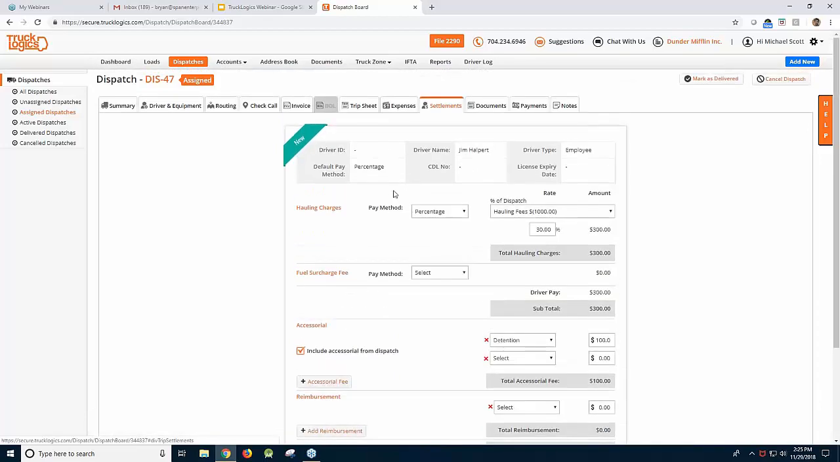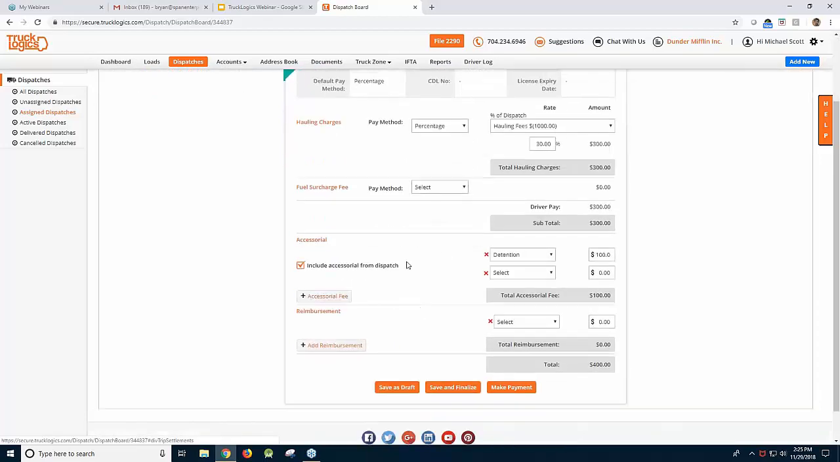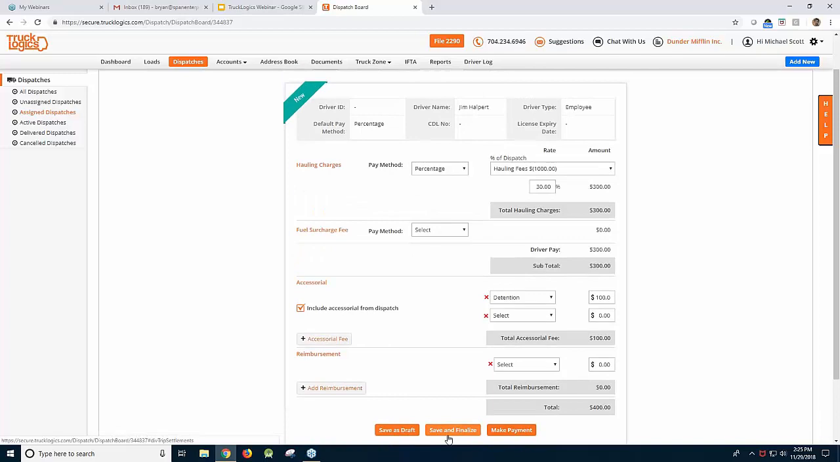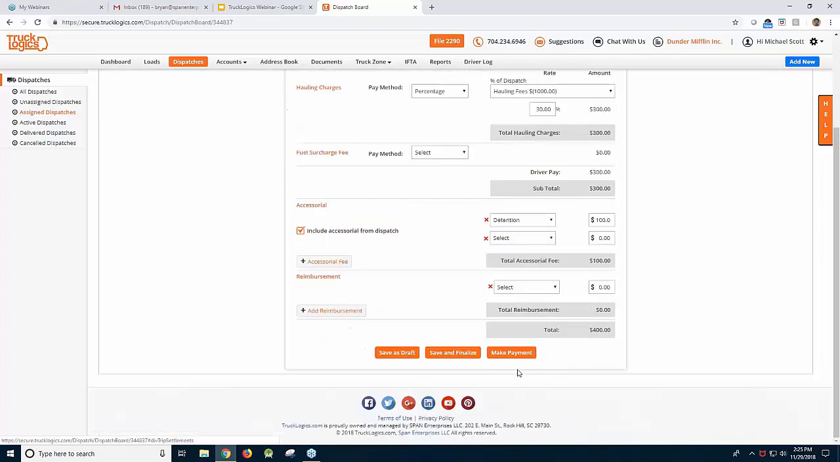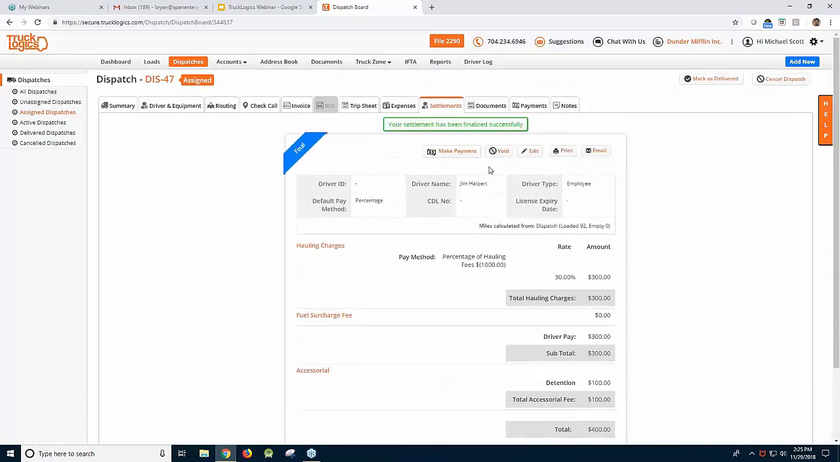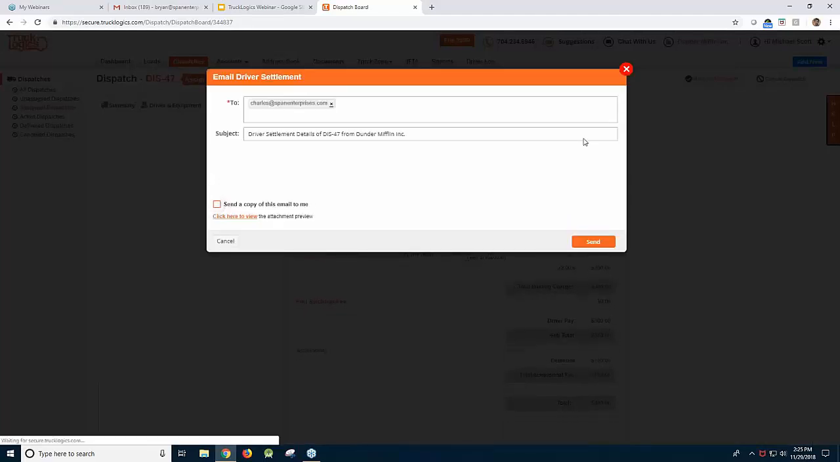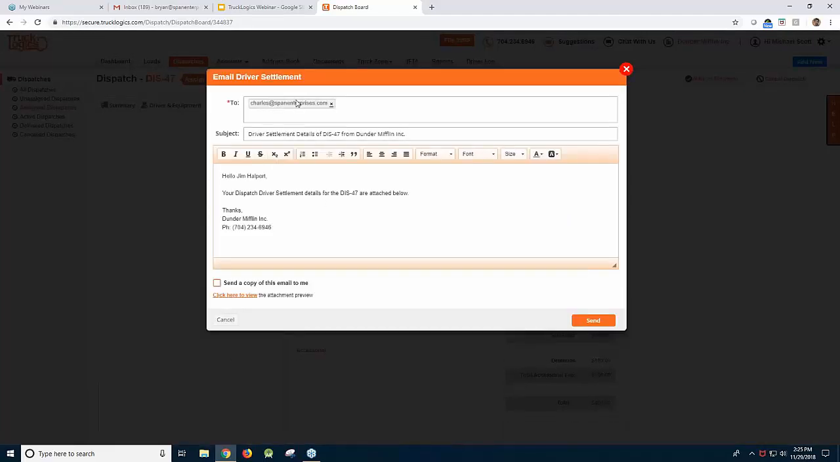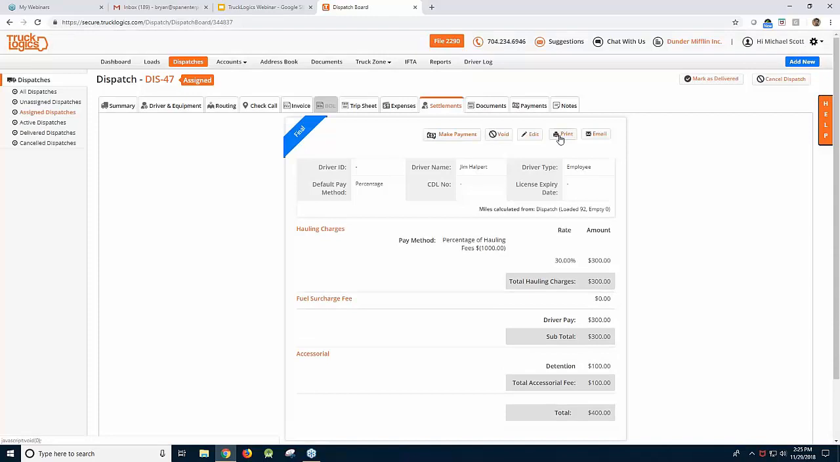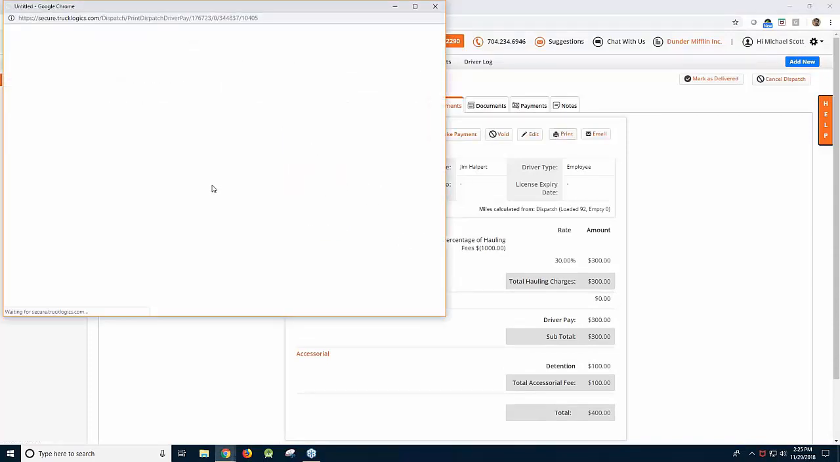So if you're wanting to just pay him for this single trip, you just save and finalize or make payment on this one trip, and then you can send him a settlement. And basically, just to show you what it looks like, pull it up here. Oh, this is the email you can use to send it. See, it's already got my driver's email on file. And then here's just a little brief email telling them this is your settlement for this load here. But if you want to see what it looks like,